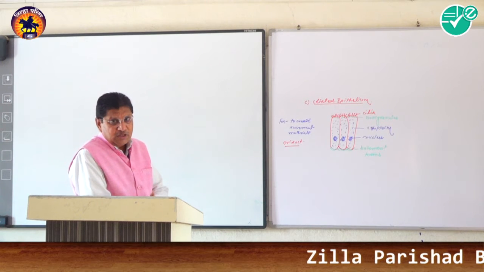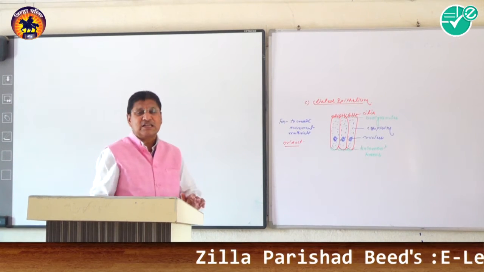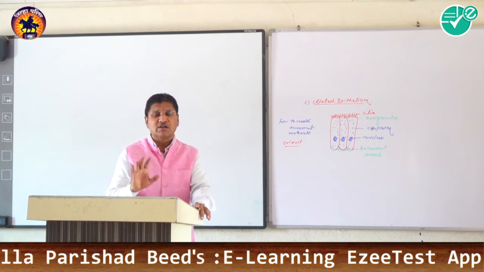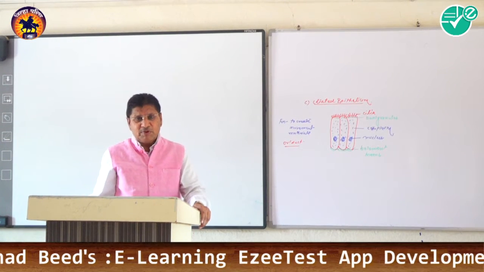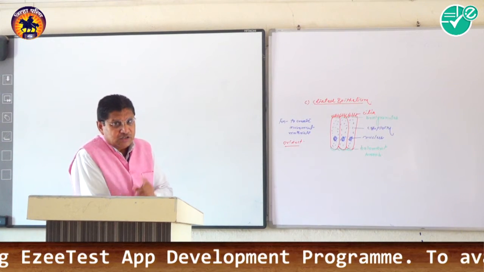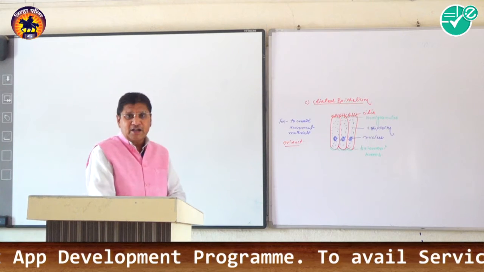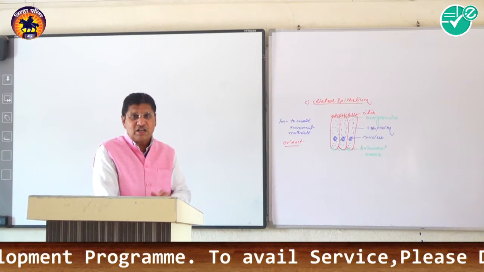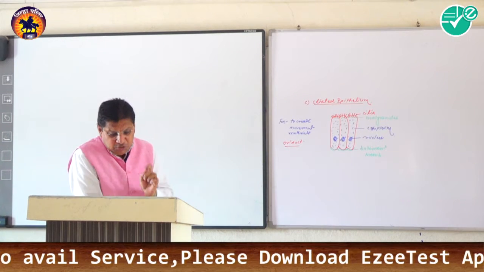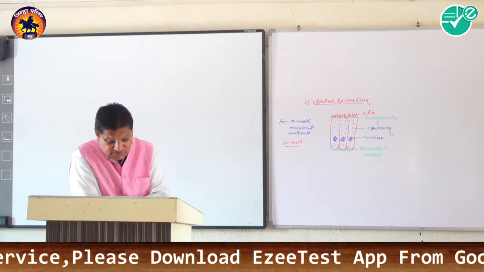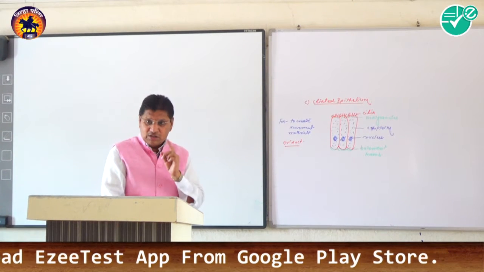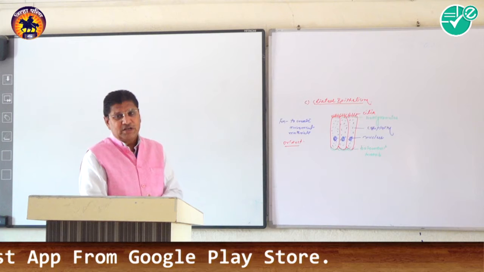But before this, the non-motile egg is released into the cavity, that is the abdominal cavity near the fimbriae, and these fimbriae pick up the ovum and bring it into the part of the oviduct. This oviduct is internally lined by a ciliated layer, and these cilia bring the non-motile ovum into the fallopian tube for the purpose of fertilization. It is very important as concerned with the NEET examination.